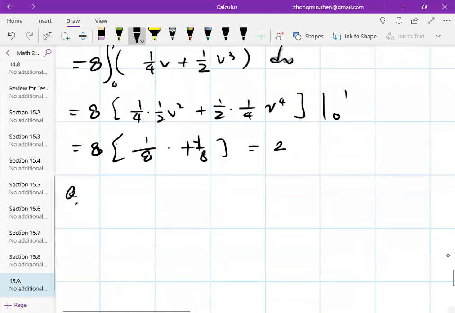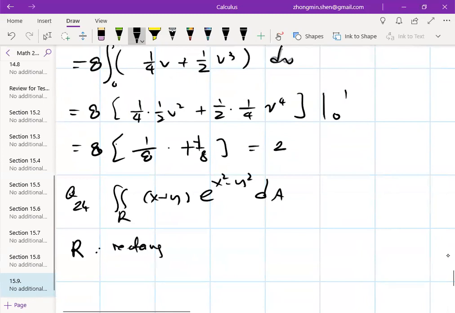That's the problem. I just want to set up the integral. So this is a double integral of x plus y times e to the x squared minus y squared dA, where R is the rectangle